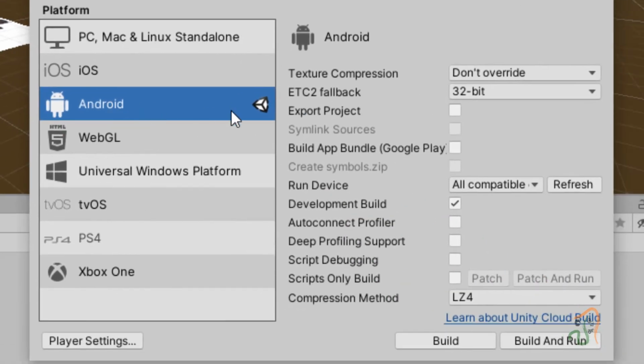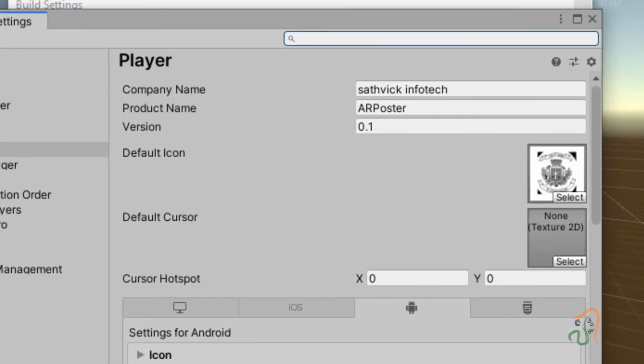We have already chosen Android, and after choosing this, come to Player Settings. Here we have entered the name, and then the product name, which is already entered.